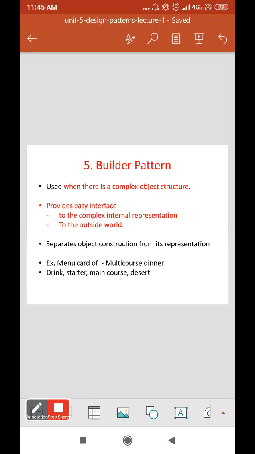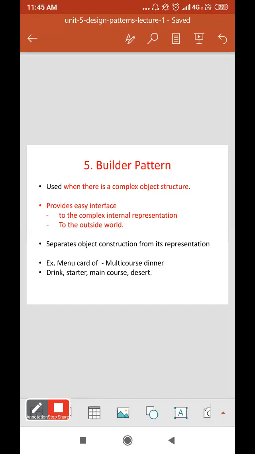It provides an easy interface to the complex internal representation for the outside world. It separates object construction from its representation. Object construction and representation, these two things are separated by this builder pattern.